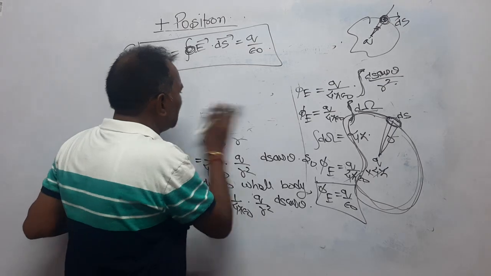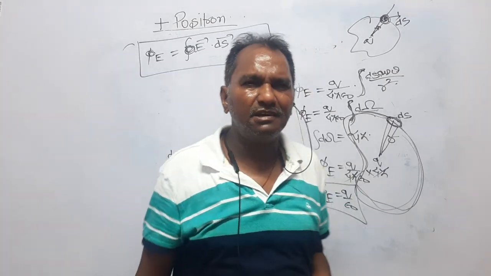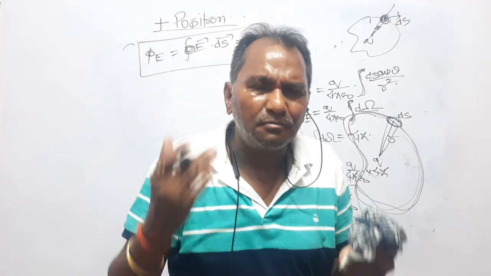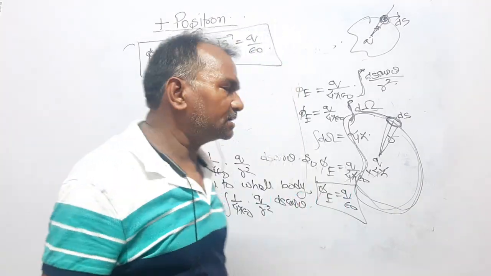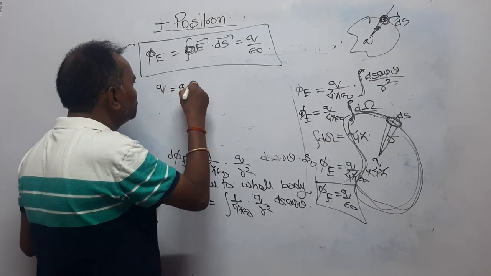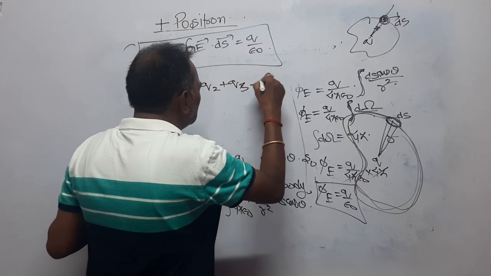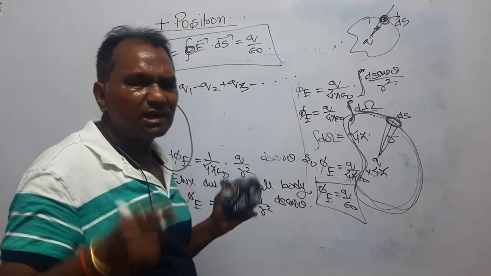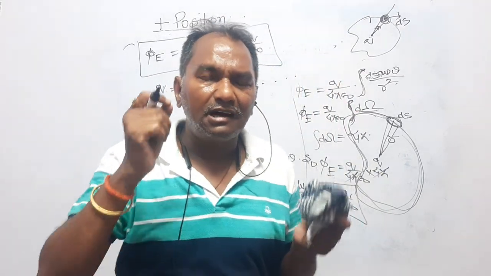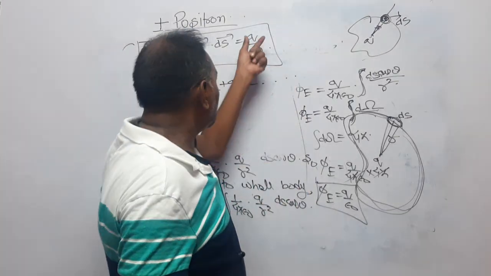That is, this charge is a total charge, net charge, that might be the combination of positive and negative charges. If a body consists of many charges, some positive and some negative, in that case you have to consider the algebraic sum like this: q is equal to q1 minus q2 plus q3 minus and so on. That is the algebraic sum of all the charges. I mean to say that you have to add all the charges with their sign,